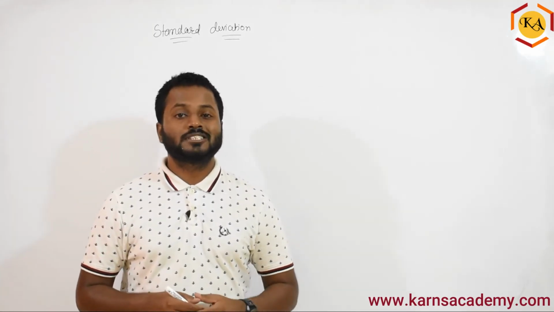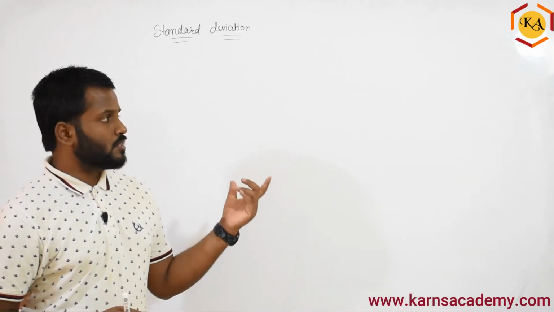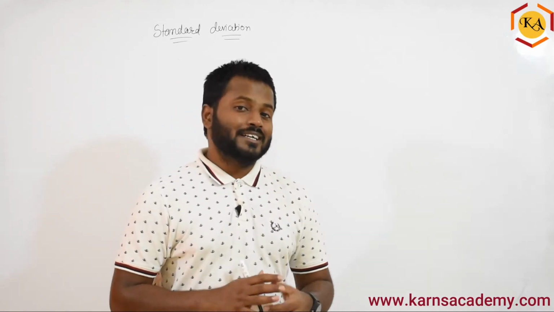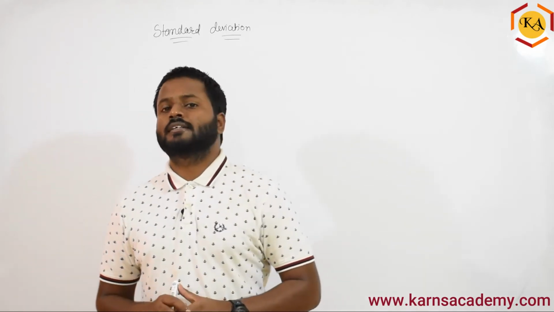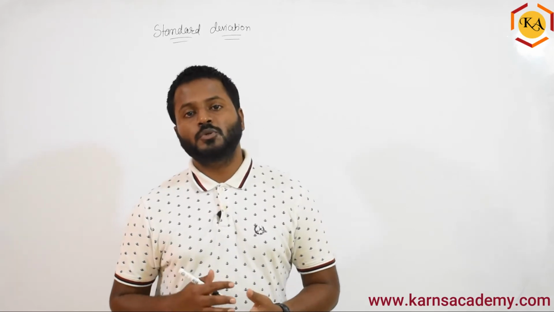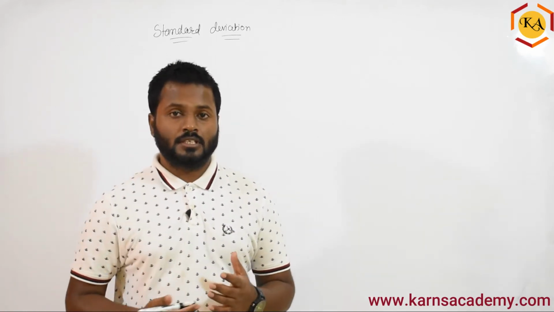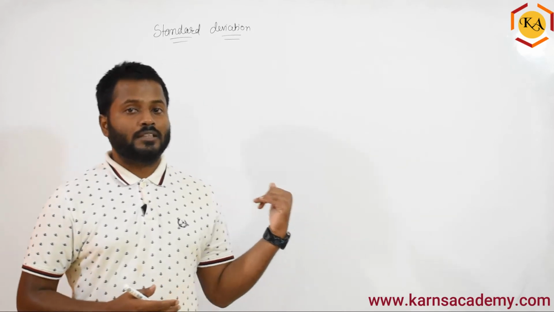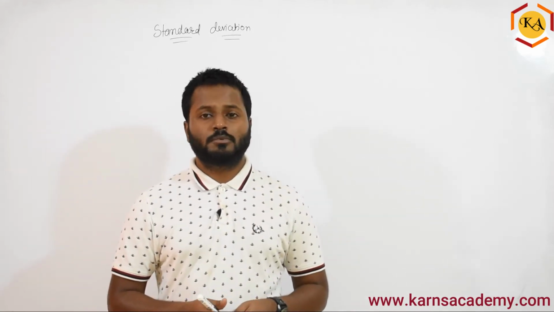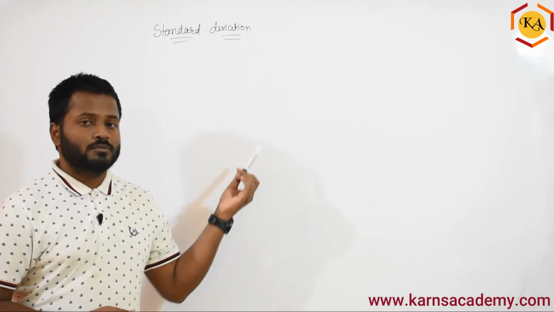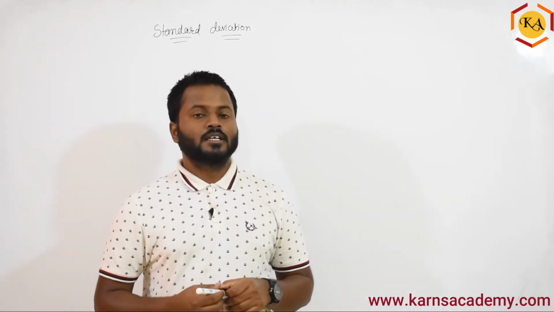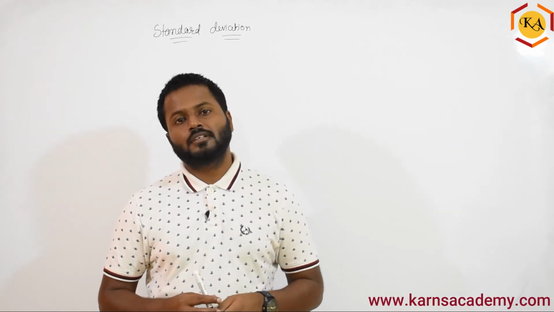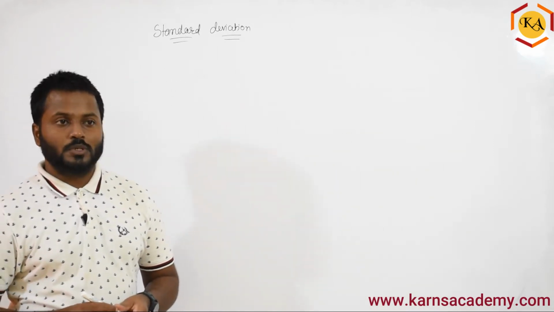Next, let's talk about the standard deviation problem under the grouped data. So what I'm going to do is, I'm going to use the standard deviation for the continuous data directly, where you can easily understand for the discrete as well. Now, one more small thing I would like to add. Some people, if you're comfortable, use the shortcut method, where you convert the x into u. You remember how to convert the x into u, right? Take a middle value, x minus a will become u, right? If you are comfortable enough to do that, you can easily convert and do it. That is called the shortcut method.